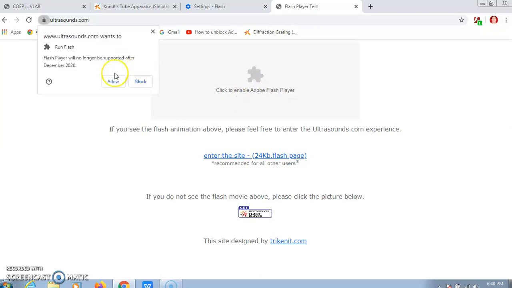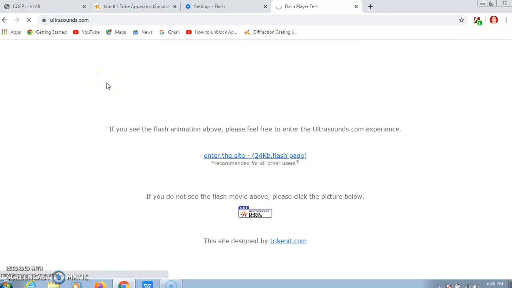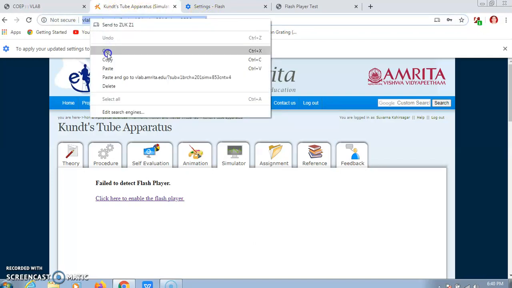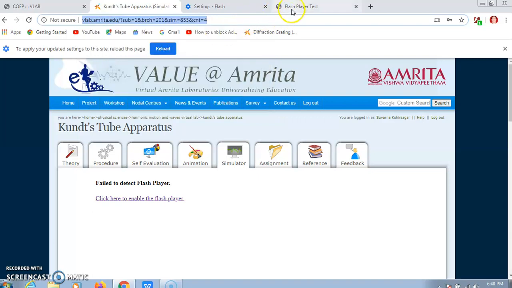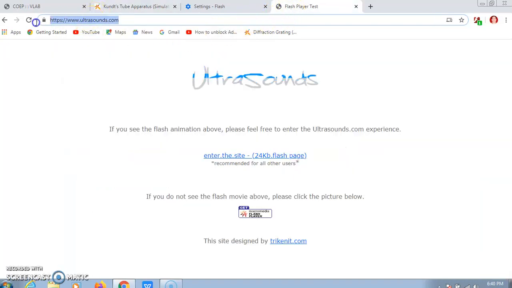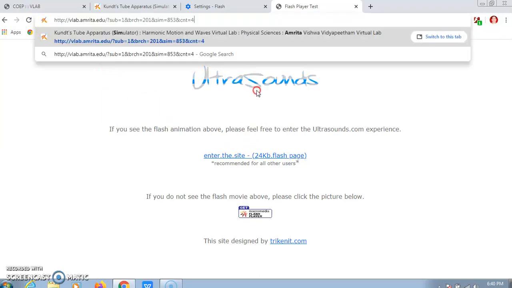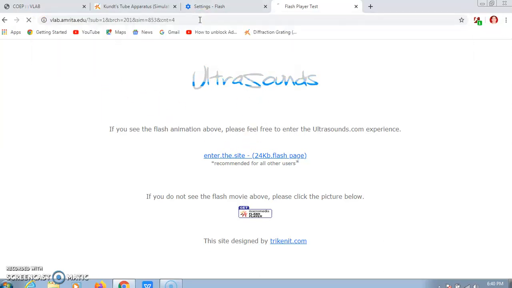Click on it and say allow. You have to do the same thing for this VLab site. Copy it, paste it here and then enter.